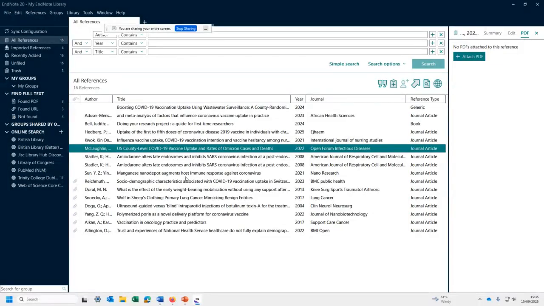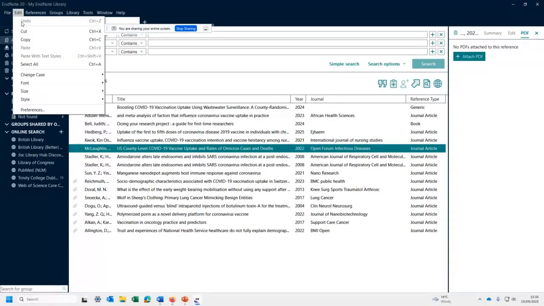Okay, the other thing you may want to do is, if you do that systematic search in a number of different databases, chances are you may pick up a duplicate reference. Because these databases will have some journals that are the same. So what I'm going to do is check that. I click on one reference, it's turned dark green.